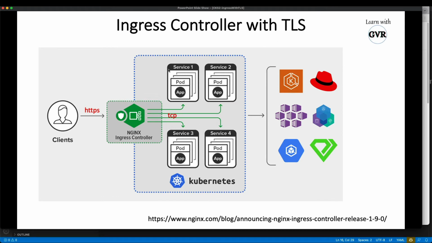and from here this controller will take care of the routing with TCP communication. So in order to make it TLS, we need HTTPS. HTTPS means we need to set up a certificate, etc. Then only it will work. But from here to here, it is internal to the Kubernetes cluster, right?